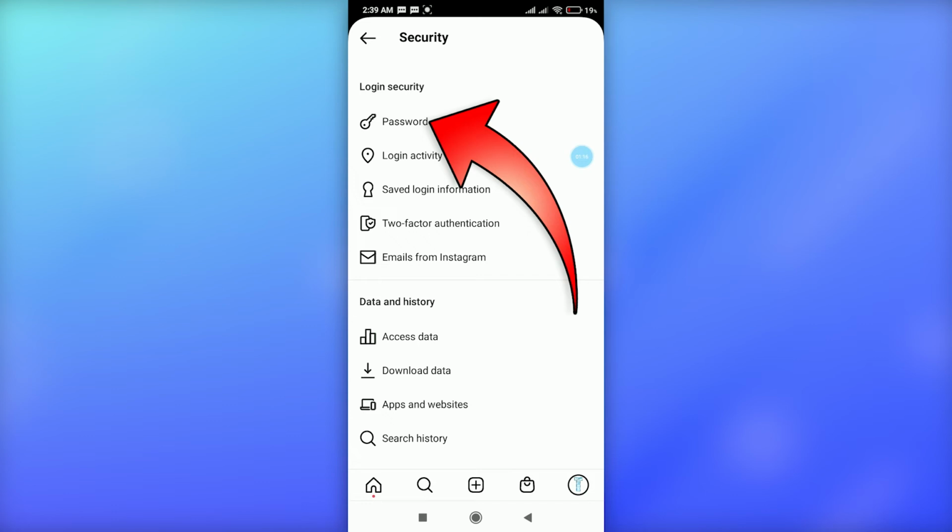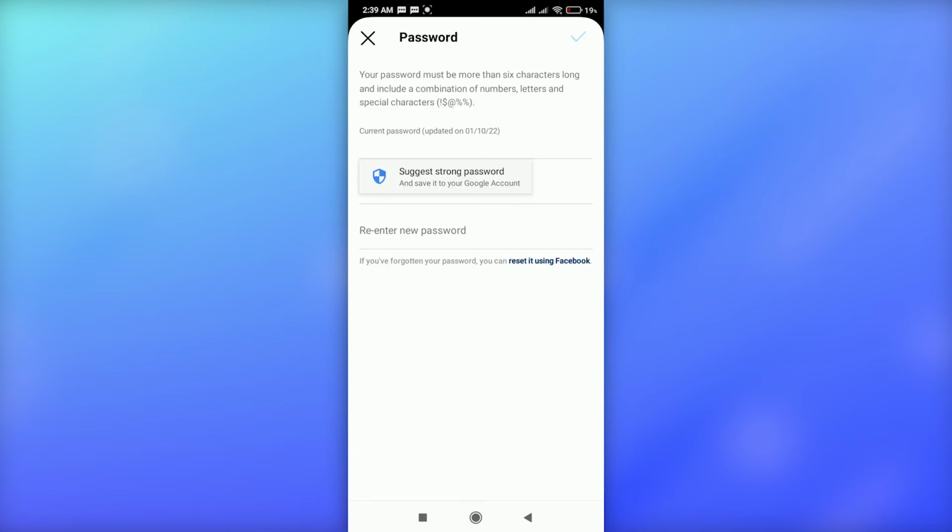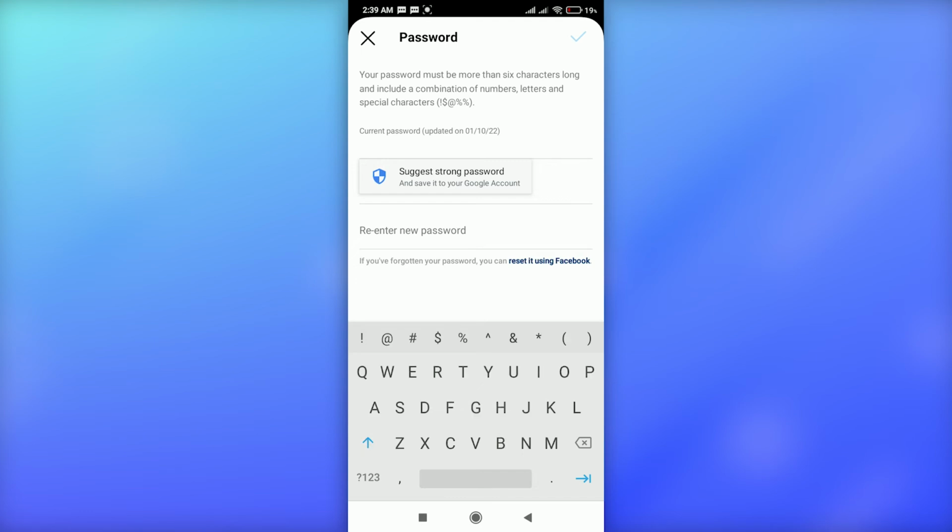Just click on password, and here you can put your current password, or also if you are linked with your Facebook, you can change your Instagram password through your Facebook by tapping on this reset it using Facebook at the bottom. If you know your password, just write your password here, like my password is,